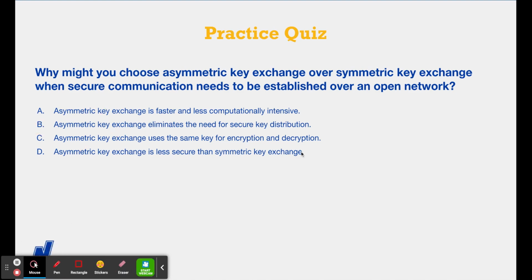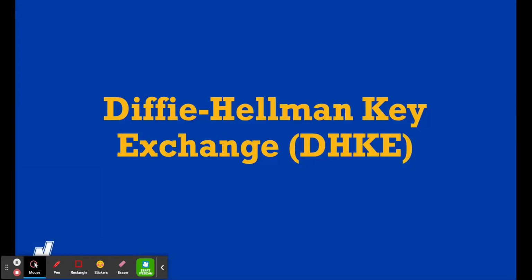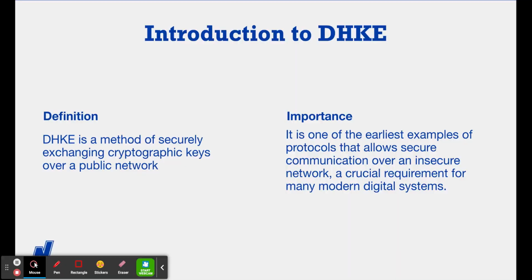Perfect. Now let's go on to the next one. Cool. Let's talk more about the Diffie-Hellman key exchange, or the DHKE. The DHKE is a cryptographic protocol that allows two parties to establish a shared secret over an insecure